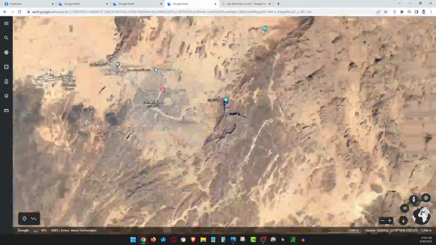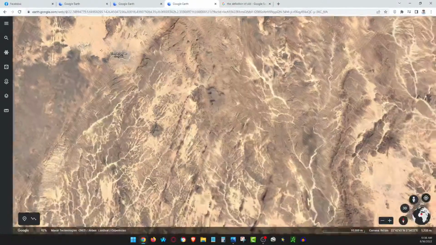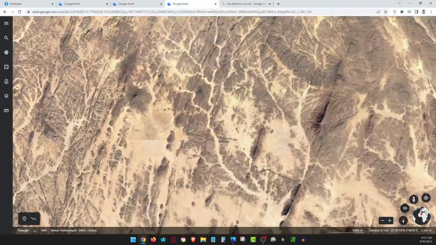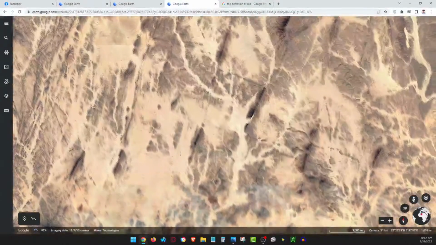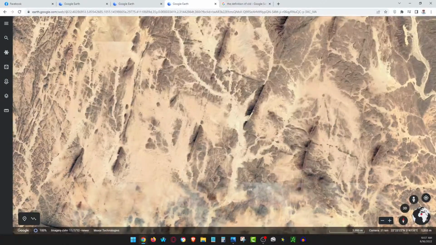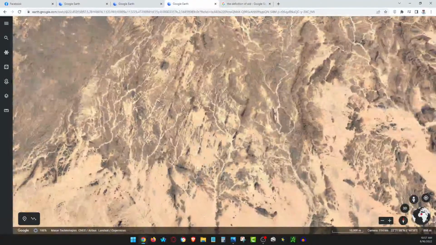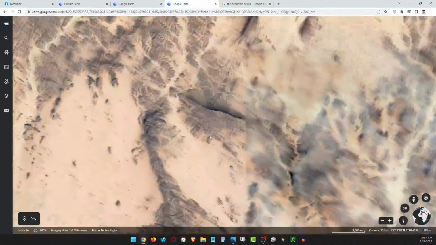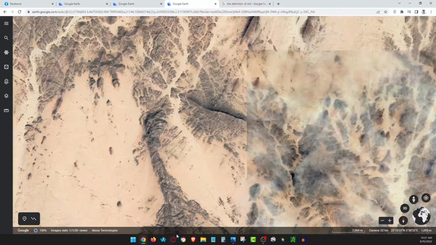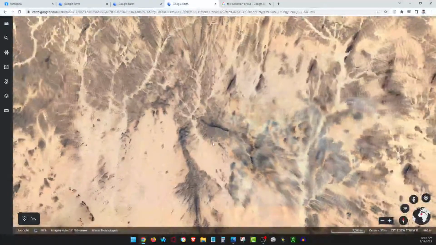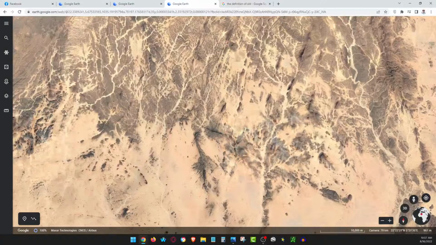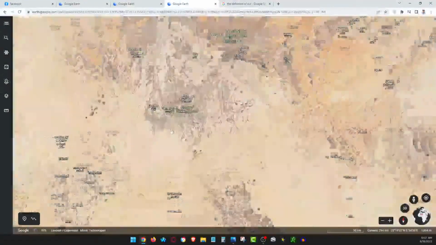There's a city of Tamanrasset right there. And when you back out of that, you start to see all the different work that's been done. I don't believe for a second that that's a natural line of mountains. How did they do it? Well, I have my theories, and one thing we see consistently is this shape right there. Is that 45? No, it's more like 30 degree angles. And I'll show you a couple more, but they're also all over the world.